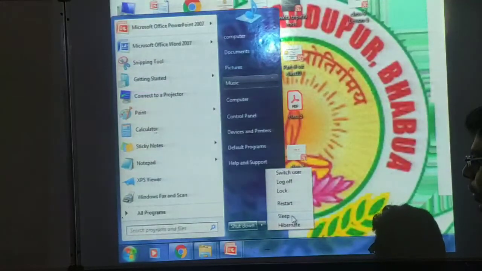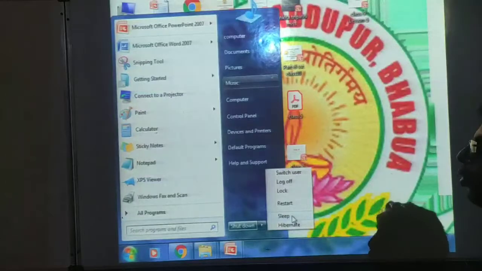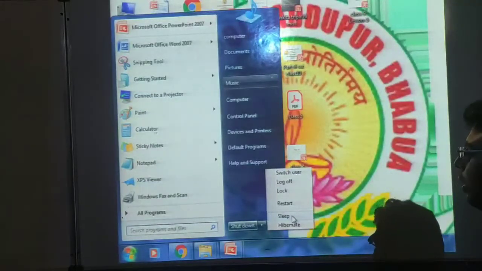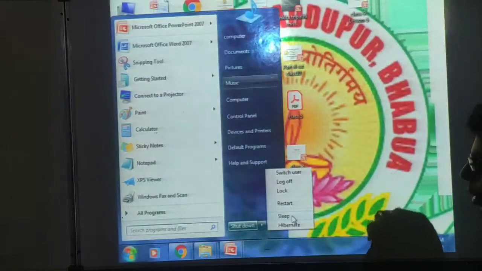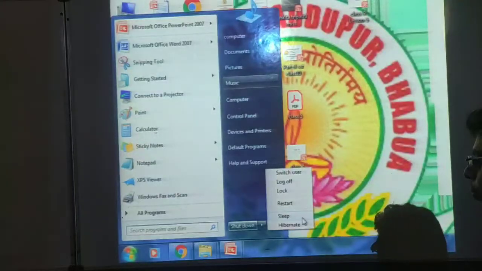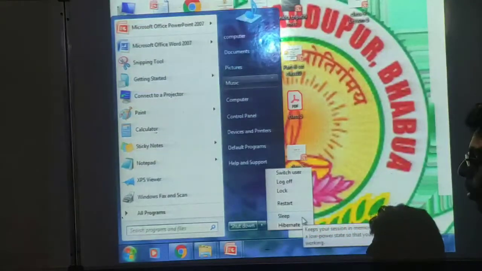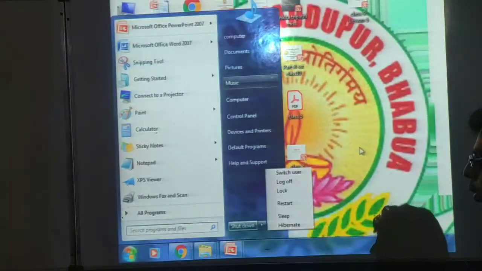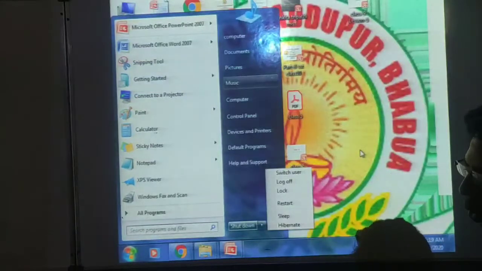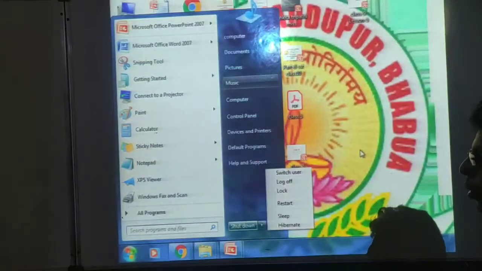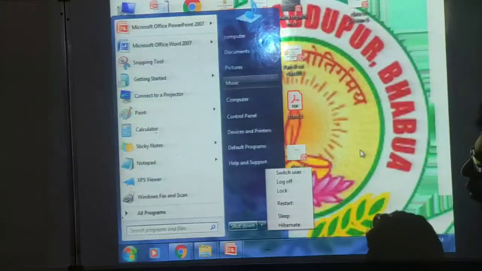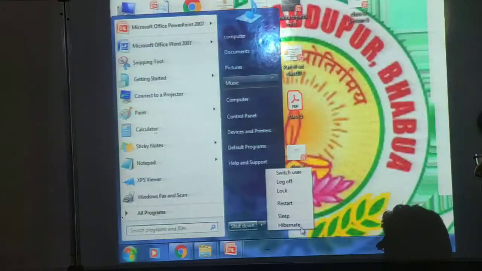Next one is sleep. Sleep का मतलब क्या है, suppose we are going outside for your tea, coffee, or after some time, again you have to open your computer and do the same thing. So in that case, you need not shut down your computer. You can select the option as sleep, and once again while we are coming back to your computer, simply you are going to move your mouse or cursor, or simply you are going to press your computer power button. So that is going to wake up on the same state where we put it to sleep. Okay. And next one is hibernate.